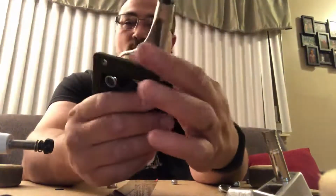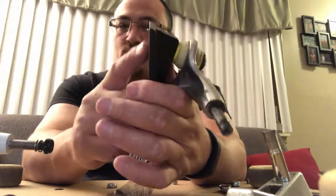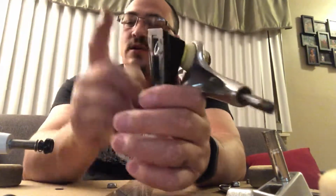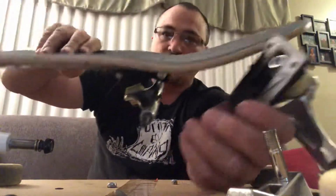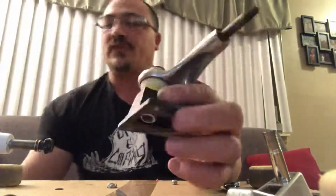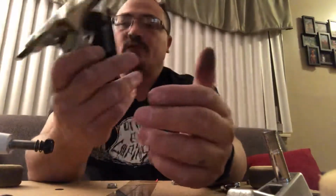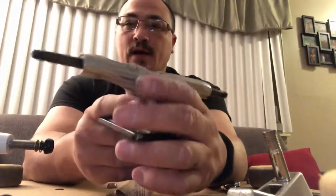So we're going to try it with this. It also sits a little bit higher, so the bolt shouldn't stay out as much. But this one here, like I said, I already got it on there, and you can see that it's flushed down how it's supposed to be. So I'm going to see how it turns, how it handles, how it catches,